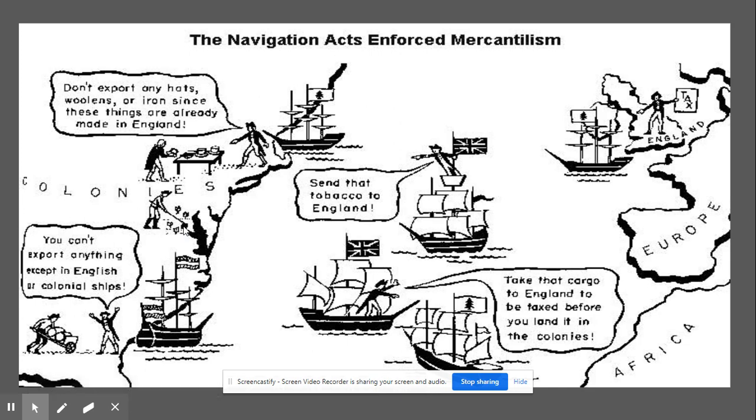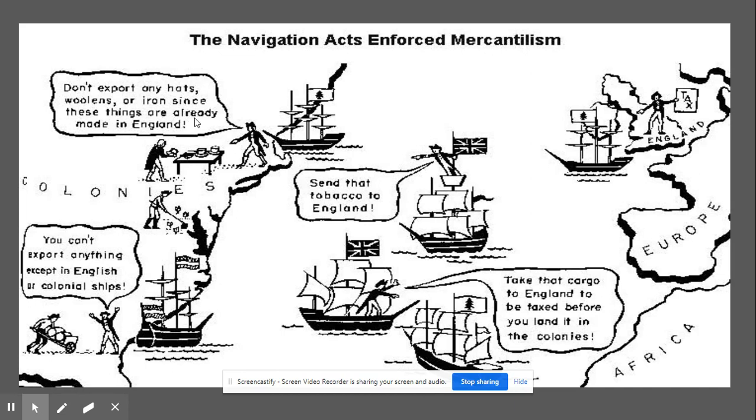Now, the Navigation Acts were just this. Okay, this is when like the Royal Navy from England set up their boats in our ports, such as Boston, Charleston, Savannah, stuff like that, and told us what we could and couldn't ship out. But they also controlled the sea, which meant that anybody else that came across the Atlantic Ocean that wanted to trade or anything had to go through them. If they were bringing something from Africa, okay, which is like the Dutch, okay, if they were bringing anything from here, Great Britain told them no, take that cargo to England so it can be taxed before it comes to the Americas. Okay, if somebody's trying to send tobacco, it has to be sent to England first.